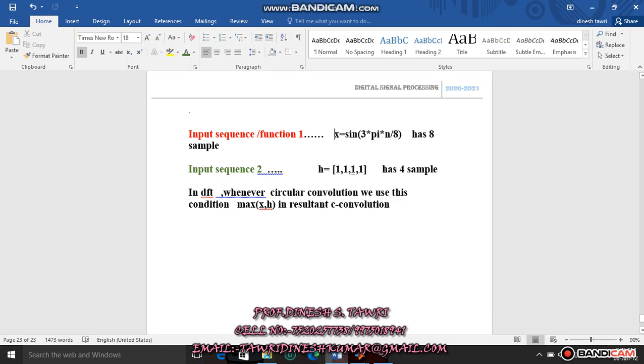We know that whenever we perform circular convolution in DFT, we use the condition max(x, h). This max(x, h) indicates the maximum number of samples available between the two input sequences, x and h, which result in our circular convolution result.